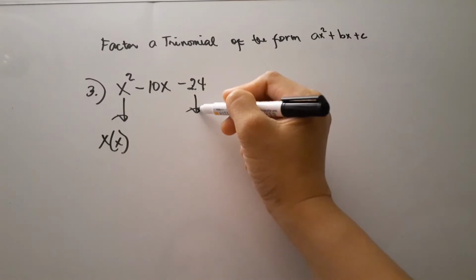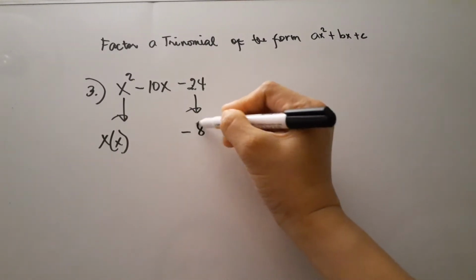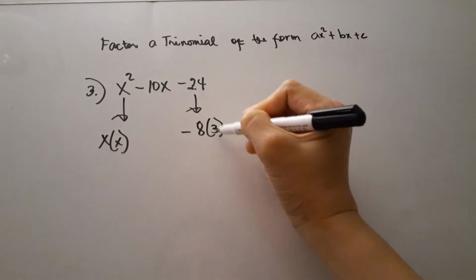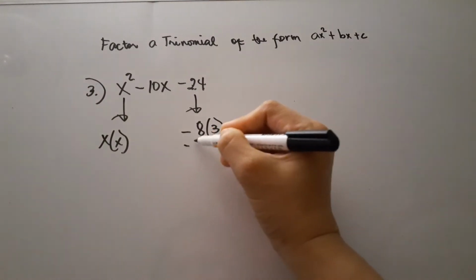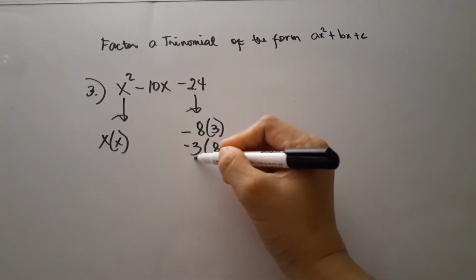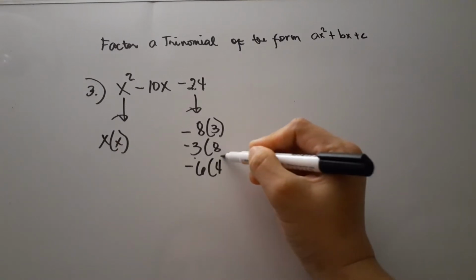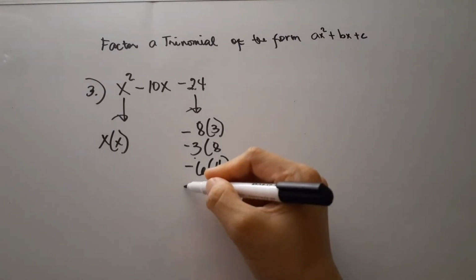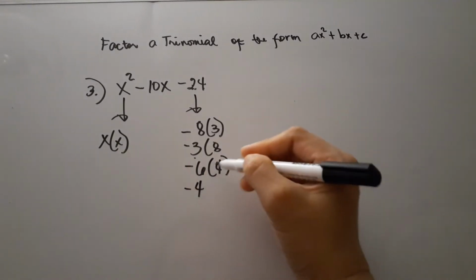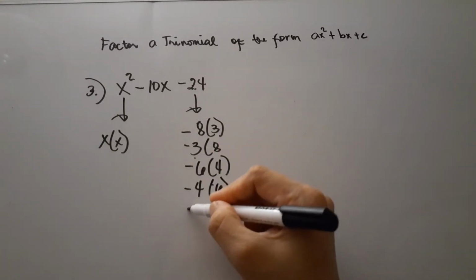Let's factor x squared becomes x times x, and negative 24 can be factored as negative 8 and 3, negative 3 and 8. Let's list all the factors of 24. Then we can choose by trial and error method. Then negative 4 and 6,